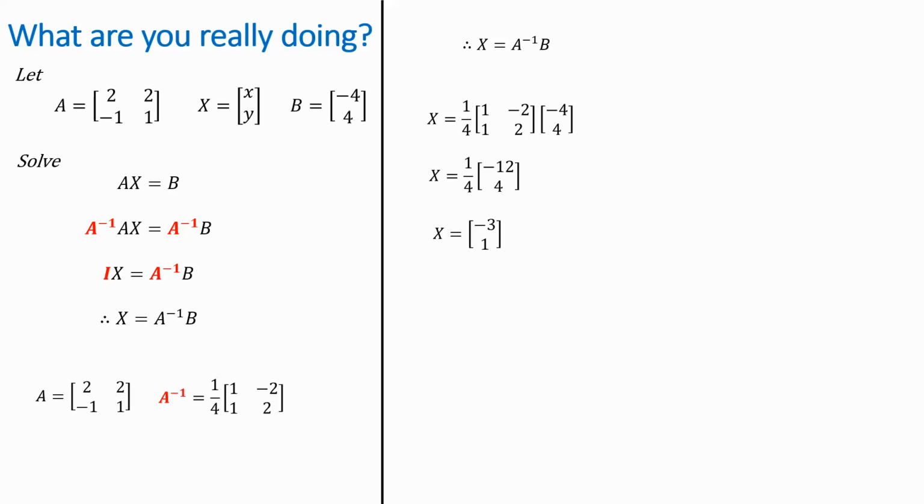In this example, I try to illustrate the idea of what it means when you take matrix A times matrix X equals matrix B. In order to find matrix X, you have to remove A. Now we know that if you multiply both sides by the inverse, the nice thing is A inverse times A should give you the identity matrix. Identity matrix times X should give you X. Now to find X, you're just meant to use the formula 1 over,